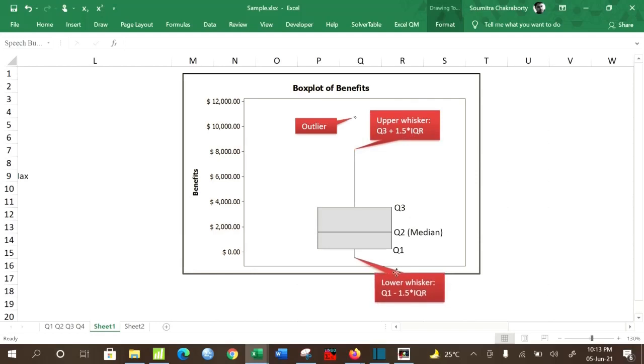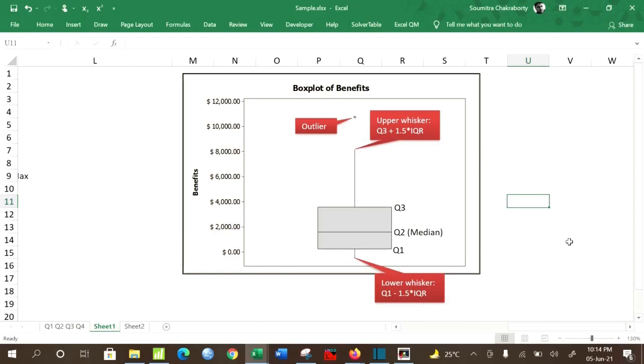Similarly, the lower point of the line is the lower whisker and it is computed as Q1 minus 1.5 times IQR. Now the interpretation is like this: if the overall width of the box is less compared to the difference between the two whiskers, like in this case, then we will say that the dispersion or variability or the spread is less in the data.